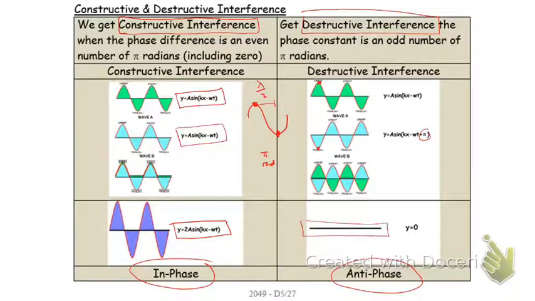Now, it's, if you like, 10 and 11 steps. But they still arrive in time because they go, you know, step 1. They both arrived at the same time. One took 11 steps, the other one took 10 steps. But they both arrived at the same time. So there might be 11 crests between me and that little wave machine. There might only be 10 crests between me and that little wave machine. But the crests arrive at the same time.